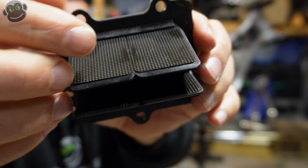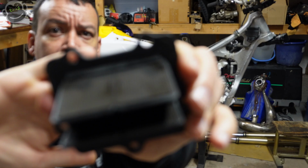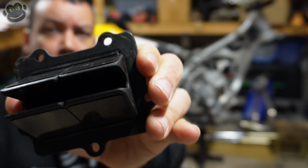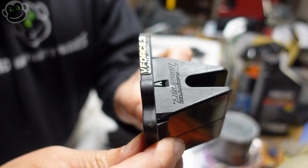These are carbon fiber reeds, and you can kind of see if you lift it up. But basically, back here is the carburetor flowing intake through, and these reeds pop up and let that intake flow through. And before we disassemble, in order to help us reassemble